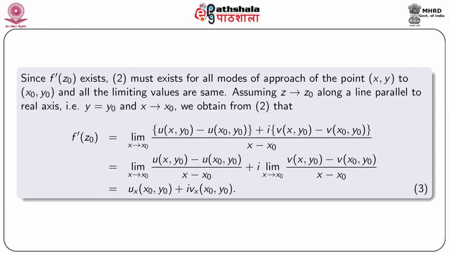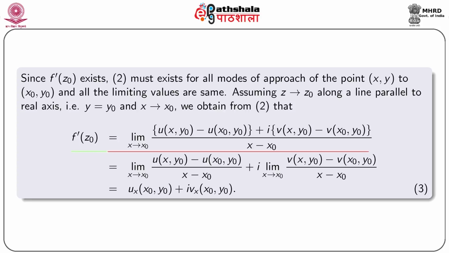So, since f'(z0) exists, it must exist for all modes of approach of the point (x, y) to (x0, y0), and all the limiting values must be the same. So, assuming z tending to z0 along a line parallel to the real axis, that is y equal to y0 and x tending to x0, we obtain from equation 2 that f'(z0) equal to